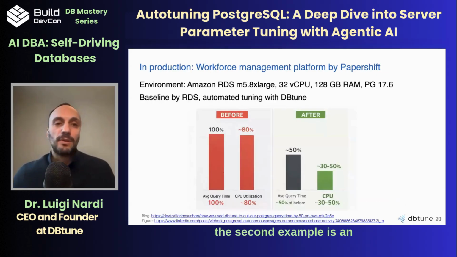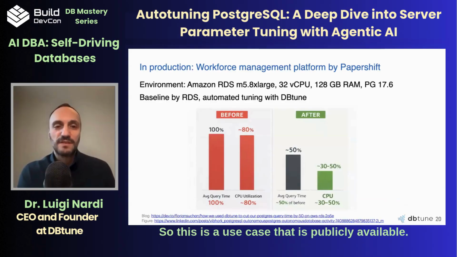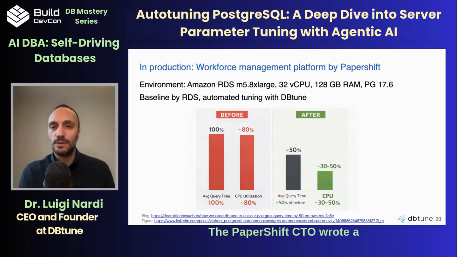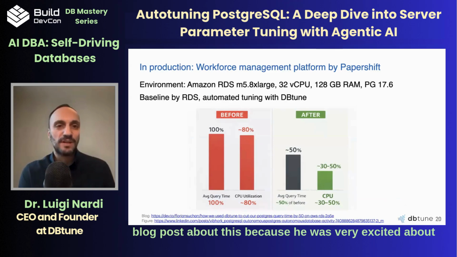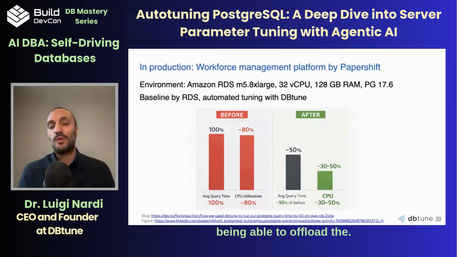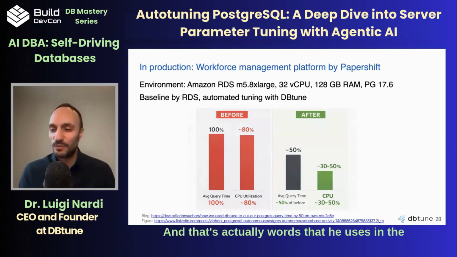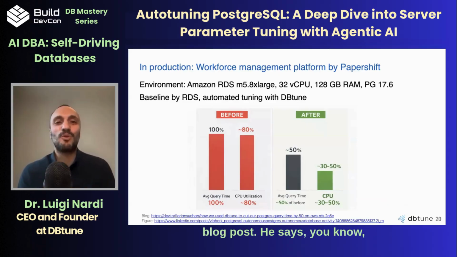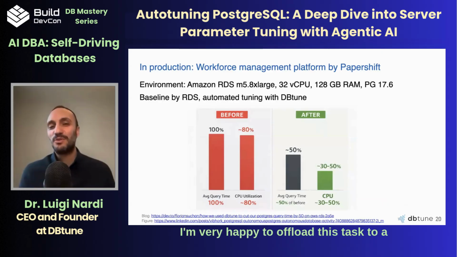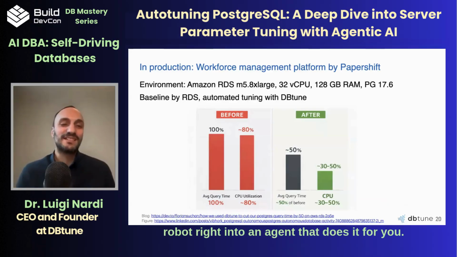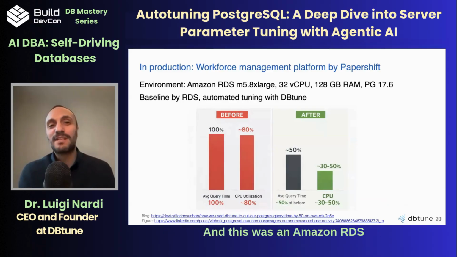The second example is an example by PaperShift. So this is a use case that is publicly available. The PaperShift CTO wrote a blog post about this because he was very excited about being able to offload, and that's actually the word he uses in the blog post. He says, I'm very happy to offload this task to a robot, right, to an agent that does it for you. And this was an Amazon RDS